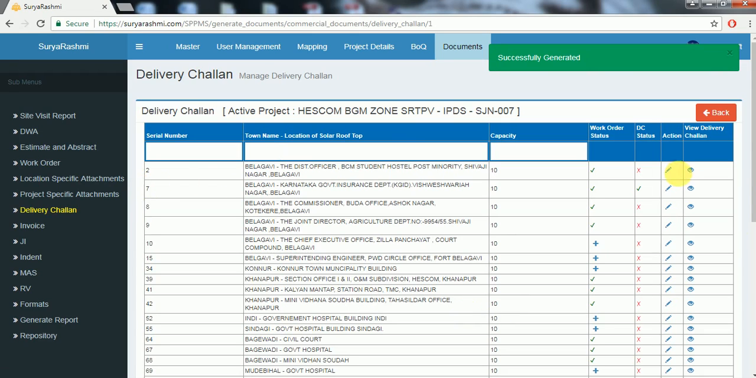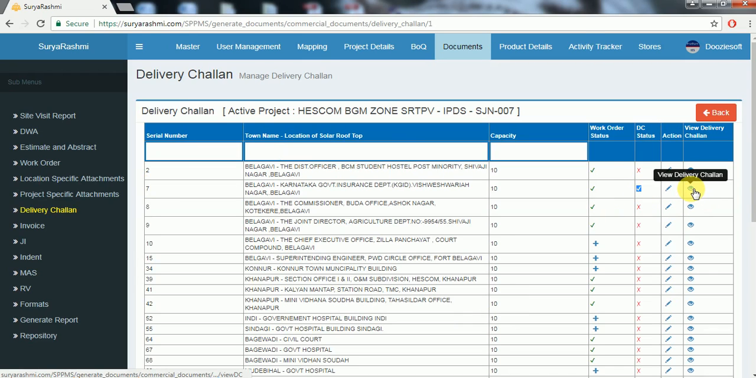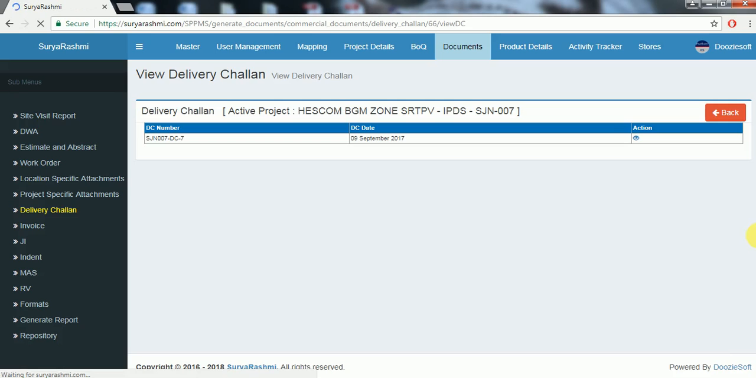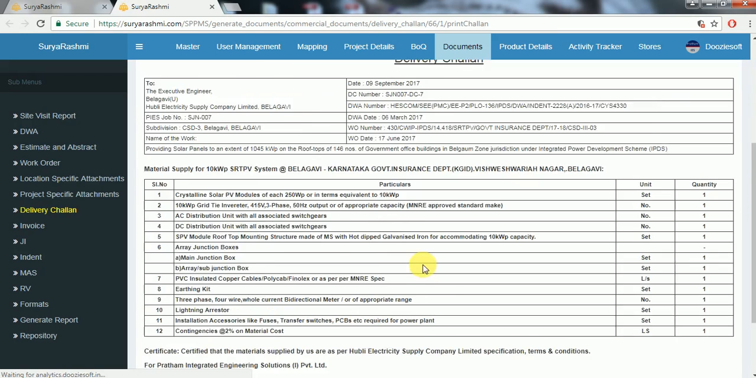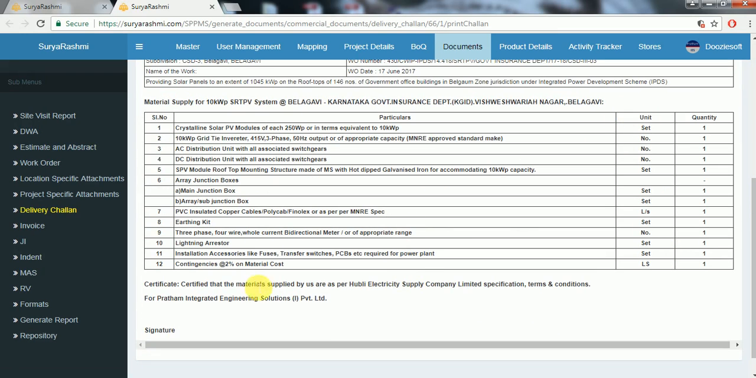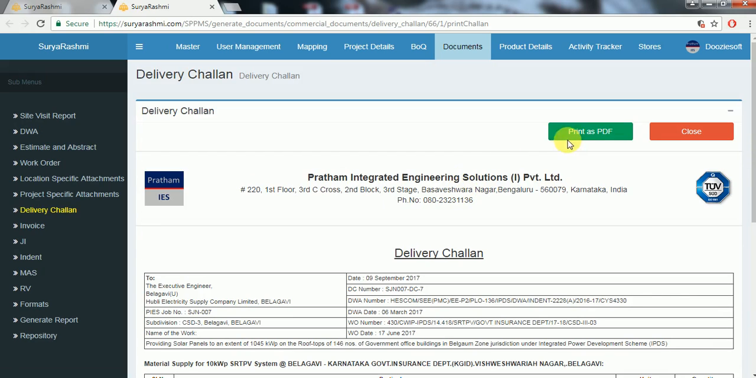Once the DC is generated, you can see the tick mark here, and the same DC can be printed by clicking on View DC. You can verify the quantity and the particulars and then click on Print as PDF. Then to generate the invoice, click on Invoice